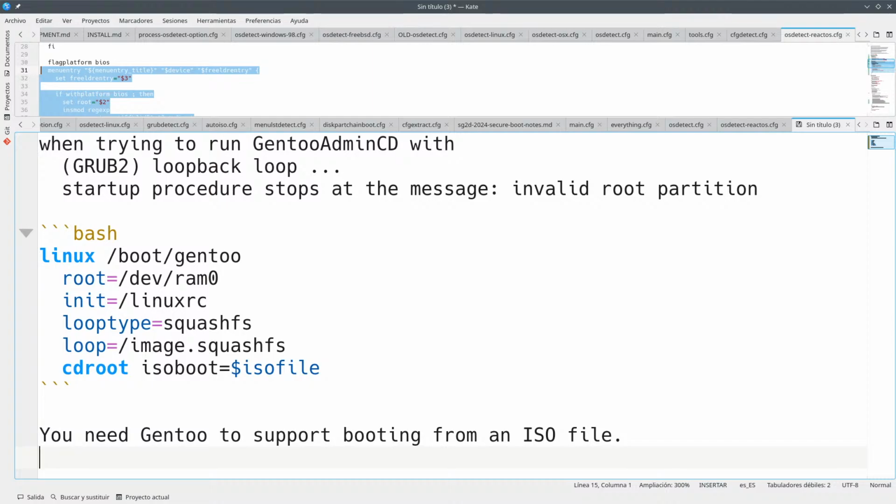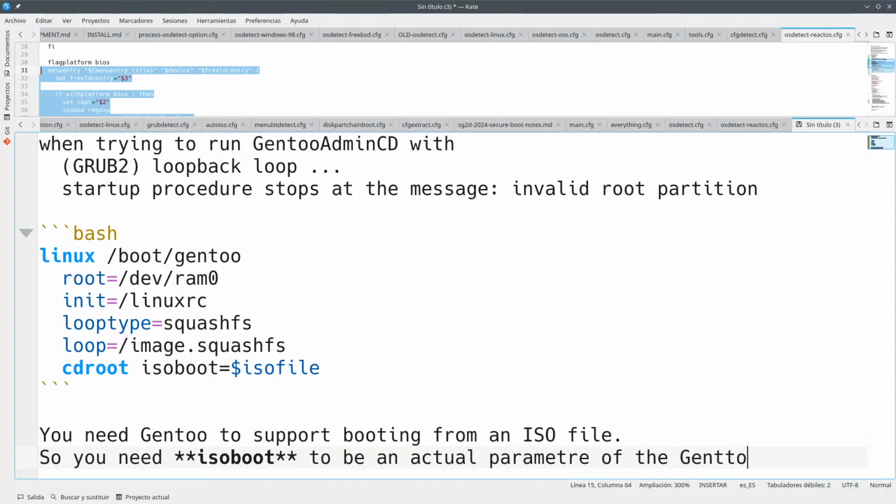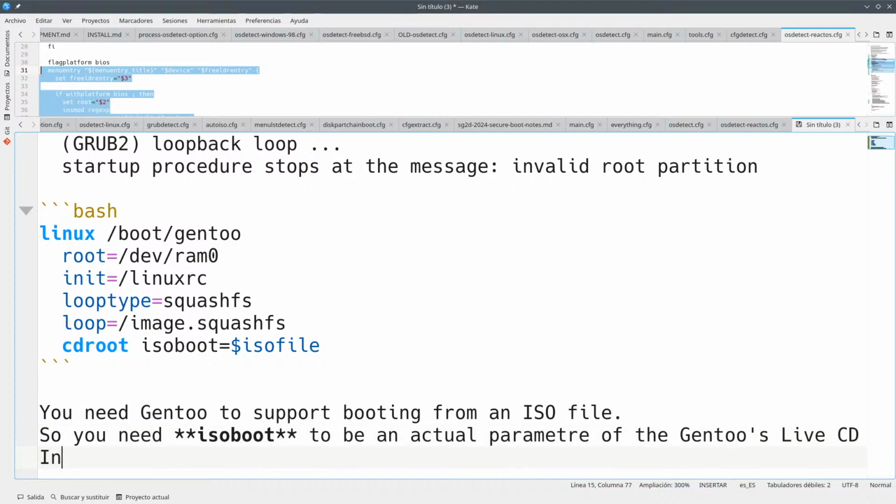So you need isoboot. You need isoboot to be an actual parameter of Gentoo's init live CD init.rd, assuming this is a live CD.